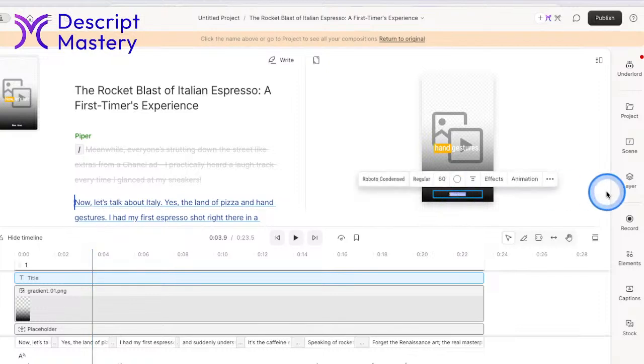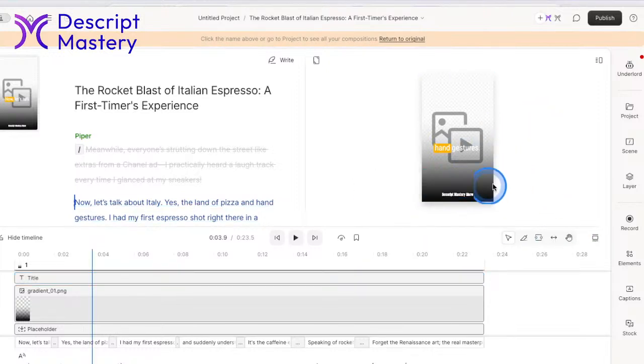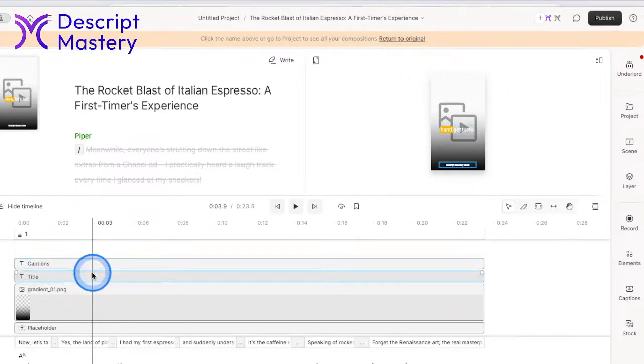So I could click in there and I could change it to Descript Mastery Show, for example. And I could also change the font. I could change the weight, the size, the color, all that normal stuff that you could do in other editing softwares. And so that was the title layer.